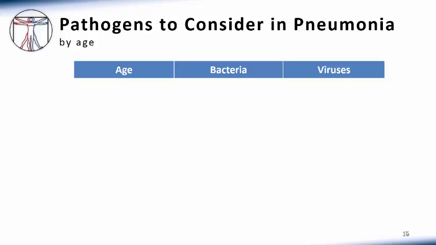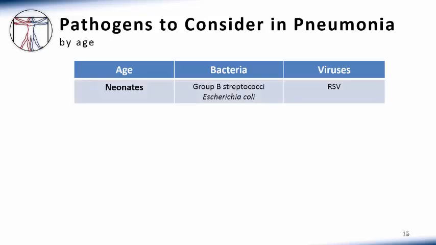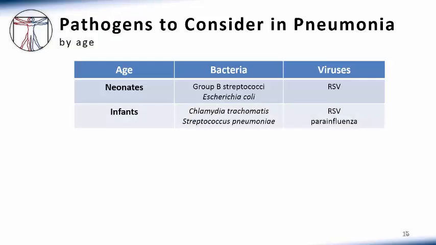Now, also, the etiology of pneumonia can be distinguished by patient age. So in neonates, they're often exposed to group B Streptococcus and E. coli during the birthing process. So these are agents that must be considered in any kind of neonatal infectious syndrome. RSV can cause a particularly devastating form of pneumonitis in this age group as well. As babies get a little bit older, again, Streptococcus pneumoniae and chlamydia species can cause pneumonias more frequently in this population, and other community-acquired viral pathogens are also very important to consider within young infants.